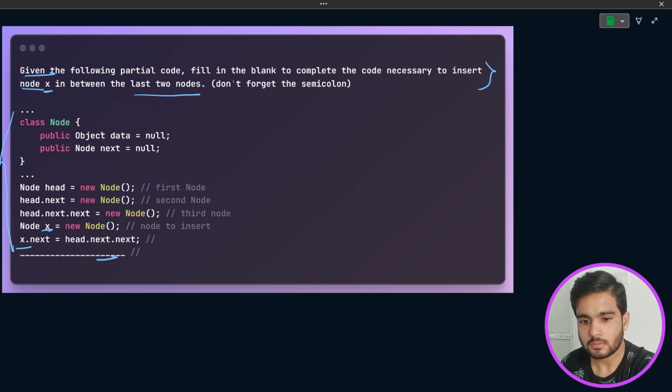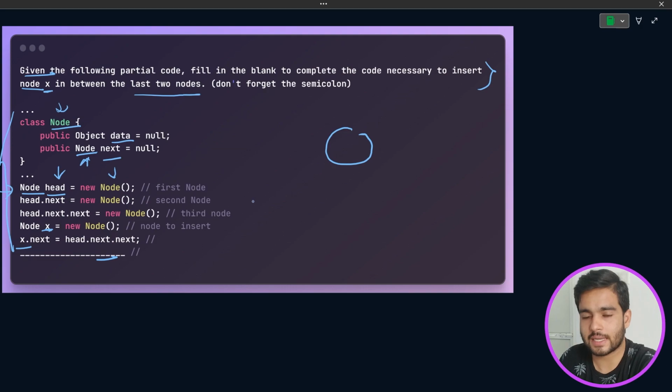So let me create a diagram for this complete code. This is a class node, as you already know, and please try to understand this in context to a linked list. Inside a node, data and next pointer are there, and in the next pointer we can store node type of value. According to the first line, we have created an object of node class and initialized it with the default constructor of the node class. So a head object is created,